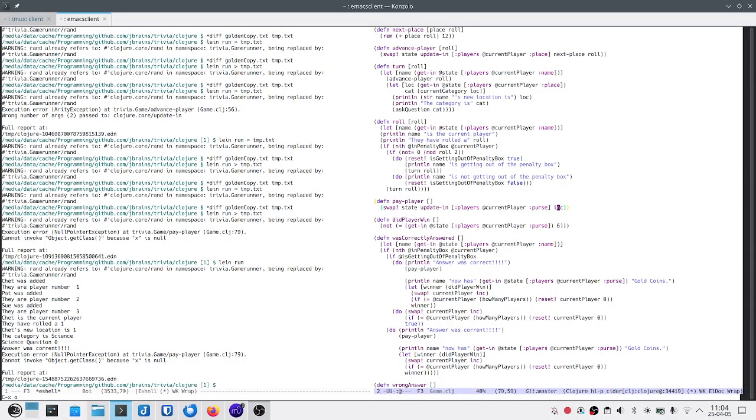It's unhappy here with answer was current. Pay player. This seems to be where it's going wrong with the first correct answer. Players current player purse.